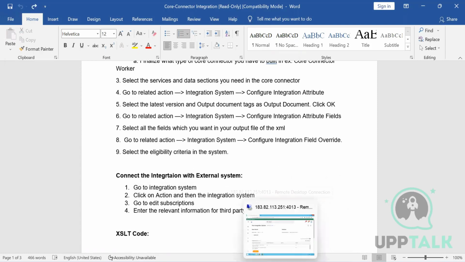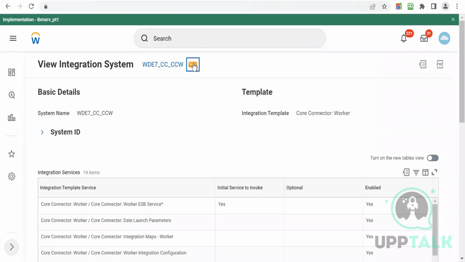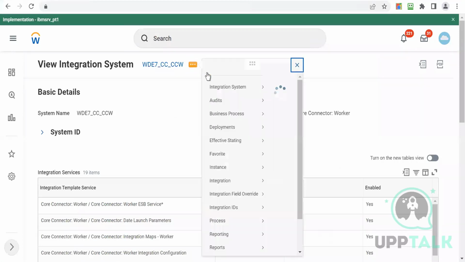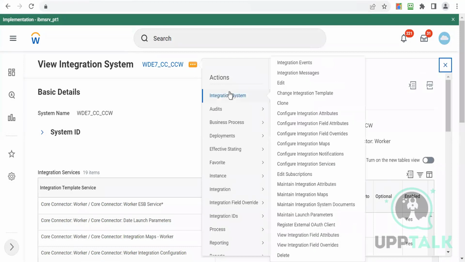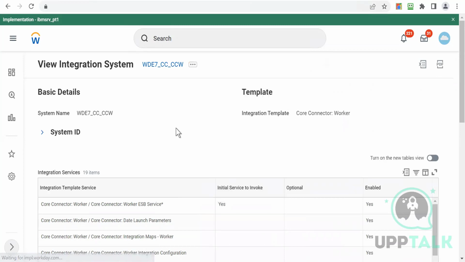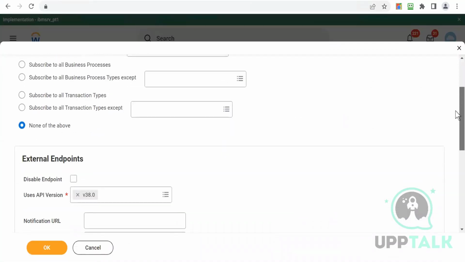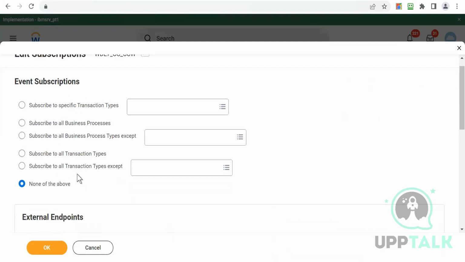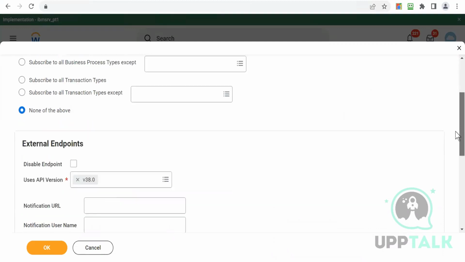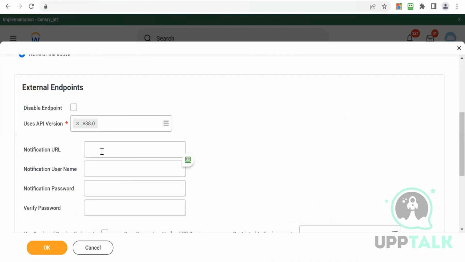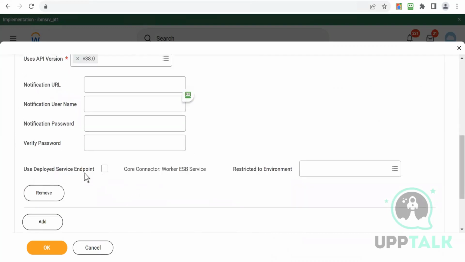Right? So for that purpose, again, I have to go into the integration system. And then you have this option which says edit subscription. So subscription is your connections. You have to build that. Right? See this. I don't want to subscribe to any of this, but I want to build my own. Now for that purpose, you have the notification URL, the username, password, and verify password. So you have to put that value, and then it will say from where you want to get the data,